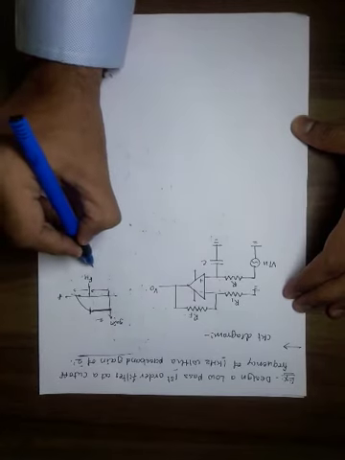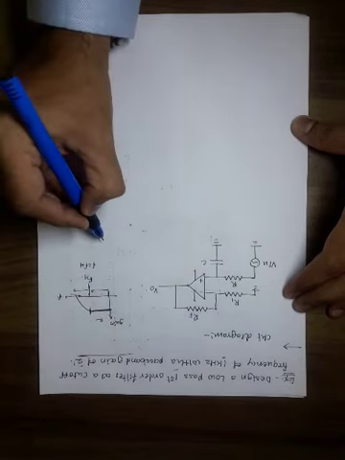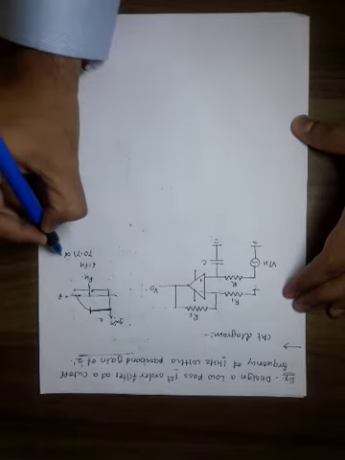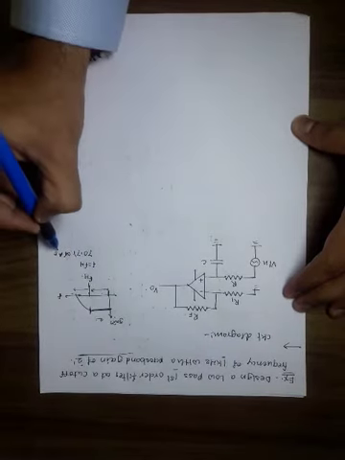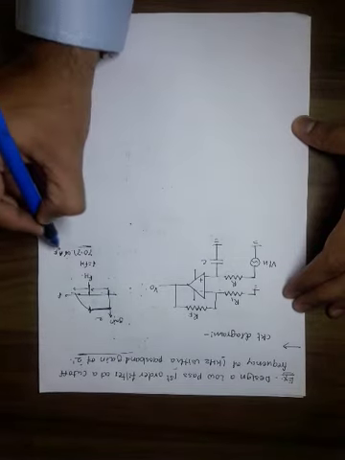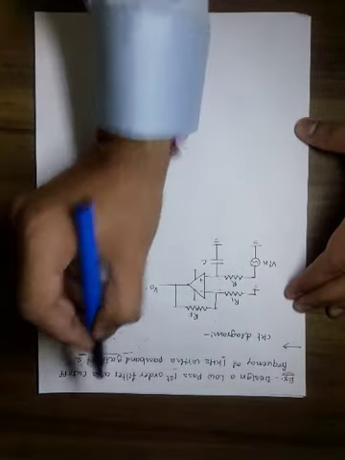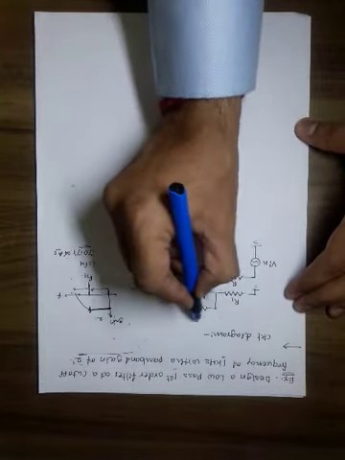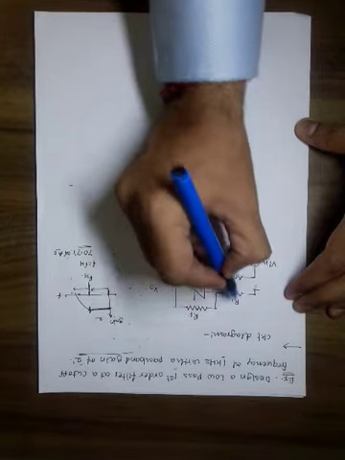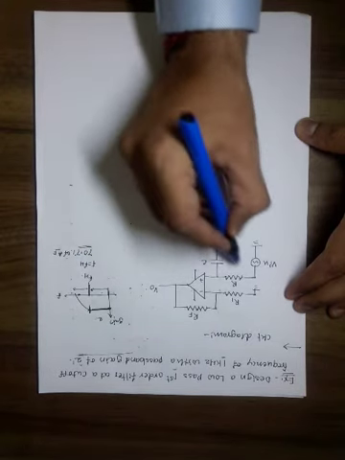At the cutoff frequency, F equals FH, and the gain is 70.7% of the flat band gain, the passband gain, that is AF. So at this point the gain is 70.7% of AF. Our aim is to design a low pass first order filter. Design means our aim is to find the values of the components and substitute them at the proper places here. This is the design process. This is the circuit diagram of the first order filter.